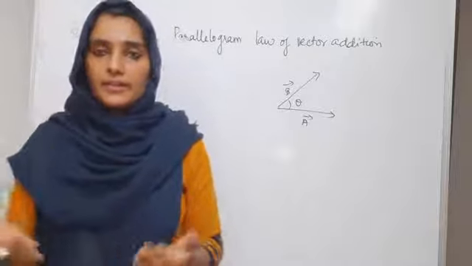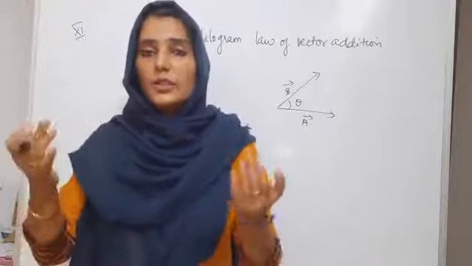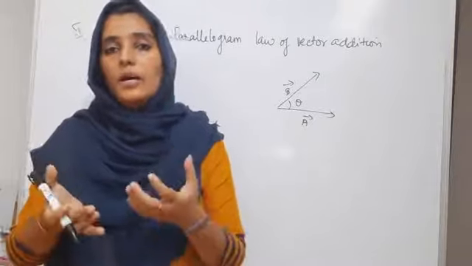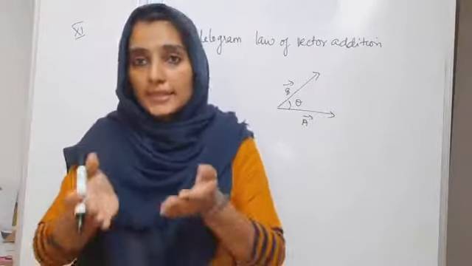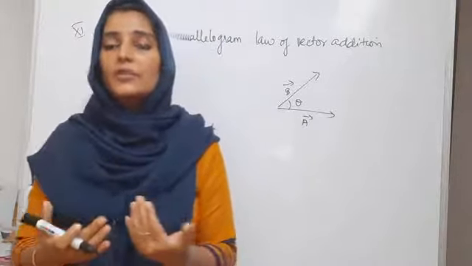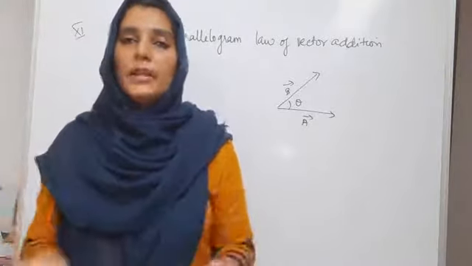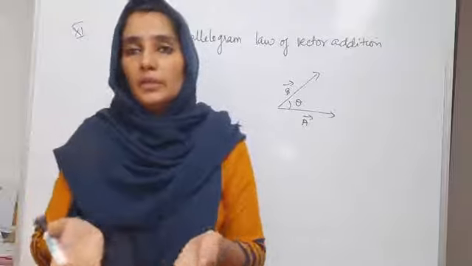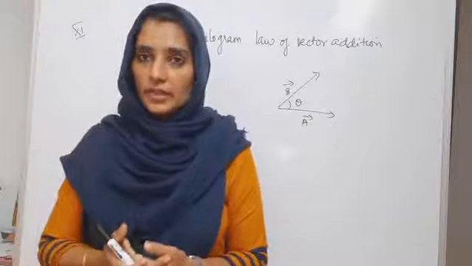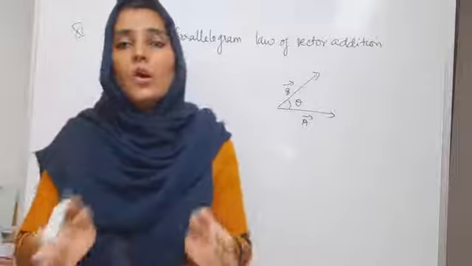in daily life. Say, for example, the flight of a bird. The bird using its wings actually pushes the air downward, but the bird wants to rise up. So the resultant of this force acts in a particular direction, and the reaction force, as per Newton's third law, also acts in a particular direction. These two forces together help to lift the bird in the upward direction. So there are innumerable examples we can relate with the addition of vectors or subtraction of vectors, or you can say combination of vectors.